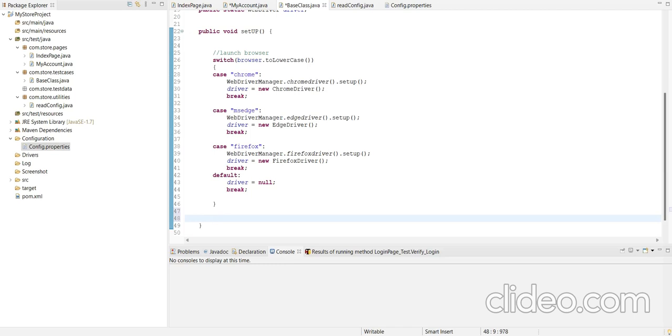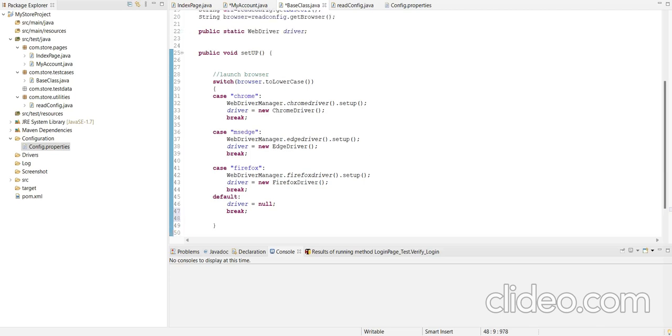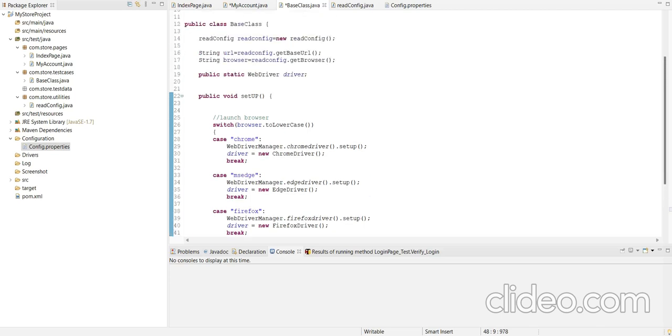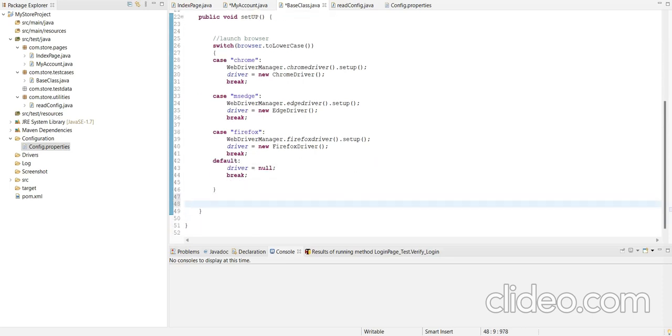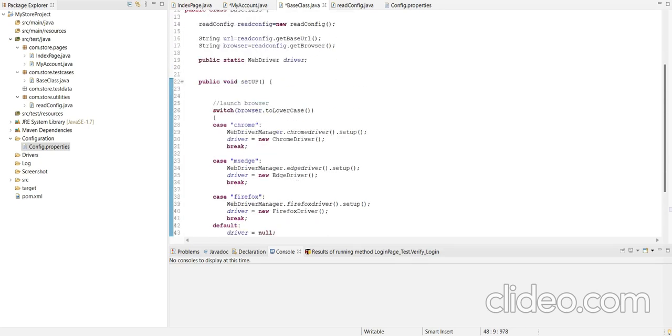Also in this setup we can use the wait concept here. As we know, in the base class we use all the reusable or common functionality, and we will use the implicit wait, meaning we can apply the implicit wait here.